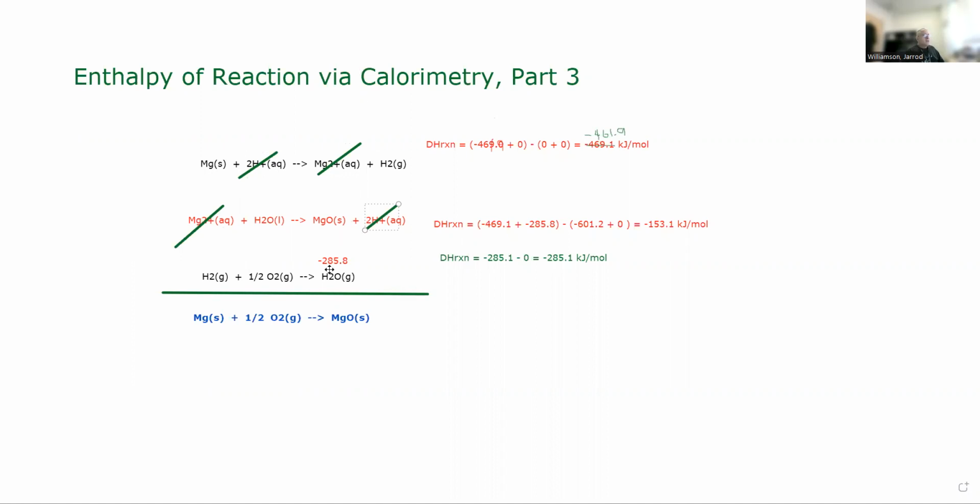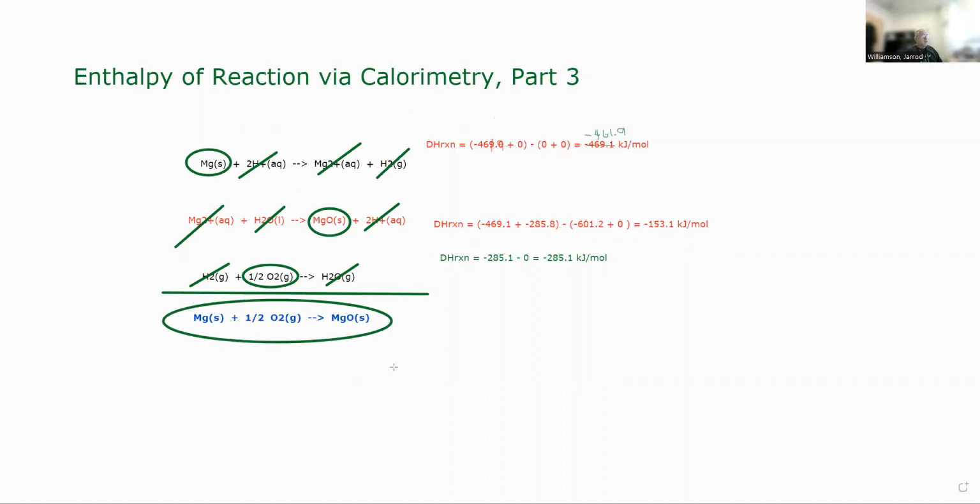The H2O will cancel with the H2O. The H2 will cancel with the H2. And I'll be left with magnesium solid plus 1/2 of O2 will give me magnesium oxide, which is exactly this